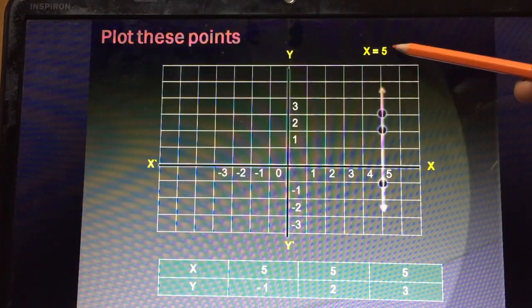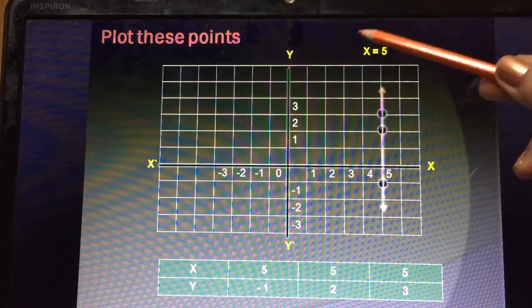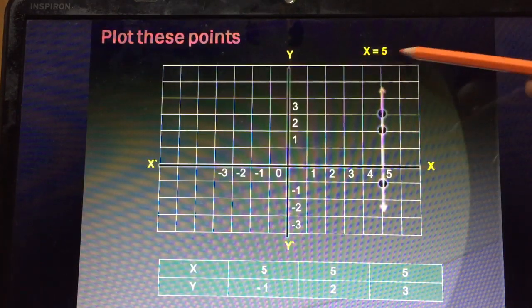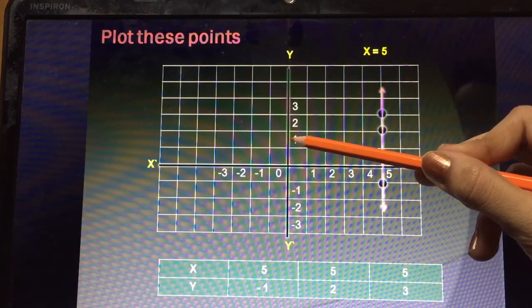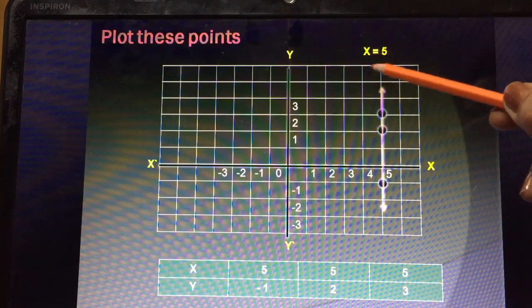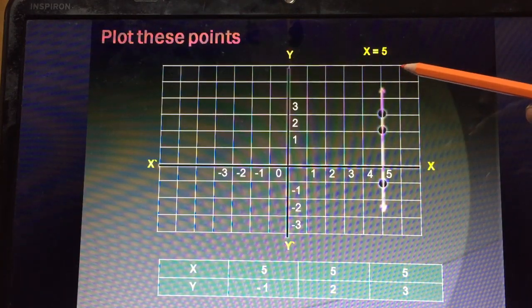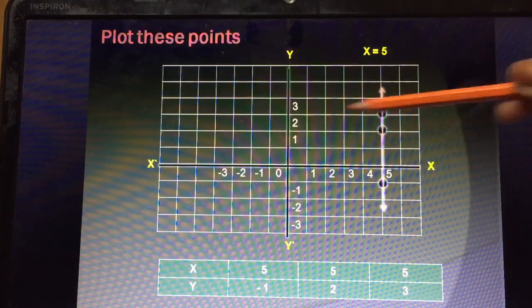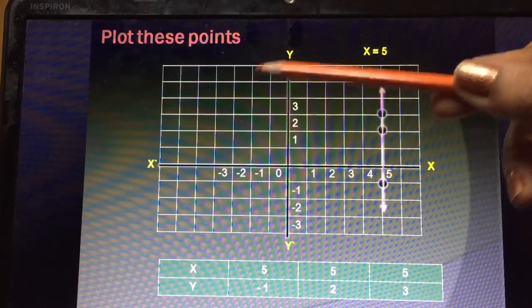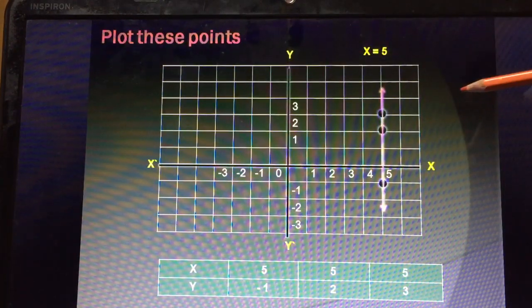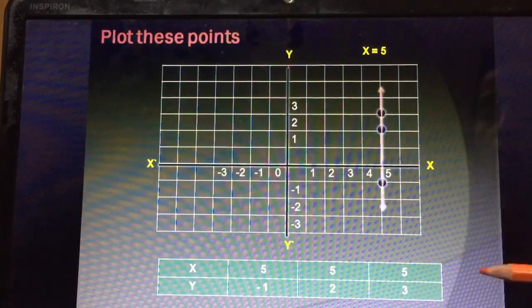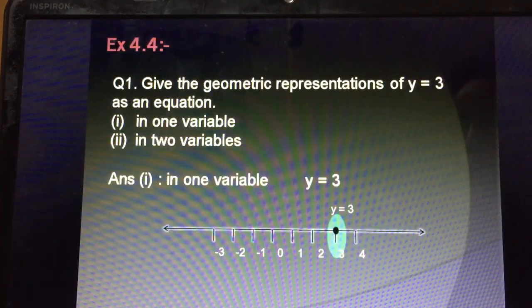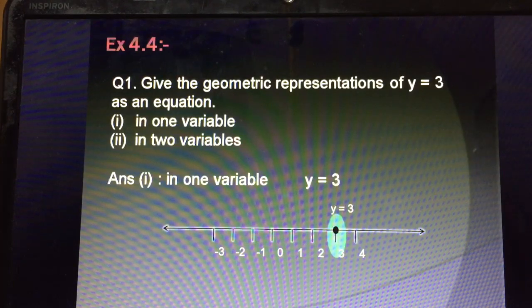So what is this equation? This is x equal to 5. So remember children, अगर आपकी equation x equal to constant की form में है तो आपका ग्राफ y-axis के parallel होगा. अगर आपकी इक्वेशन y इक्वल टू कांस्टेंट की फॉर्म में है तो आपका ग्राफ x एक्सिस के पैरेलल होगा, जैसे कि हमने पहले देखा था. तो यही 2 चीज़ें हमें इस एक्सरसाइज में और इस न्यू टॉपिक में समझनी है. और इसी के साथ हम शुरू करेंगे अपनी एक्सरसाइज 4.4.